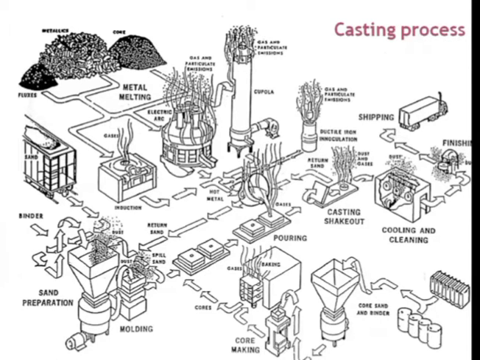The first one is you require some metal, scrap metal or new metal, to melt. To melt the metal, you require some fuel, maybe liquid, solid or gaseous fuel. And the metal is melted. After the melting, you require some mold. So to prepare the mold, here you can see this is the mold, because here the metal flux